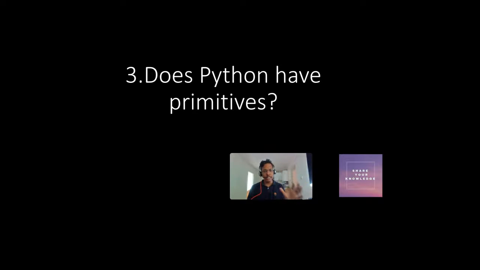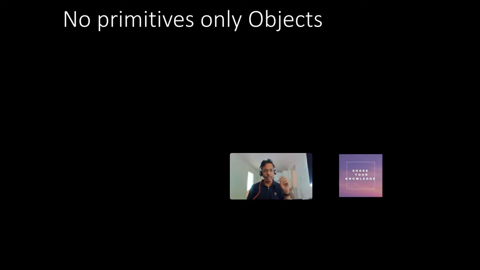So this is a very general question: does Python have primitives? What I mean by primitives are value types on which we cannot execute any methods or access an attribute, like what we have in Java or JavaScript, like int, string. You can't execute a method or call an attribute on an int. That cannot be done on primitive data types like int, string, boolean, and all those. Does Python have something like that?